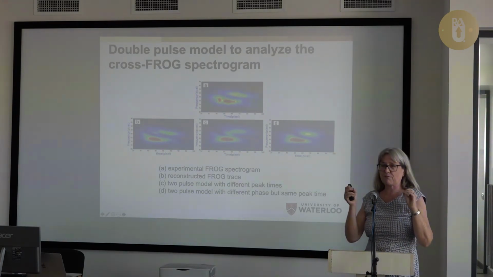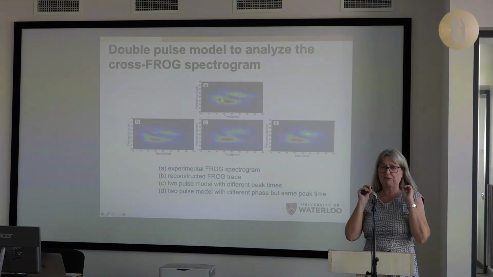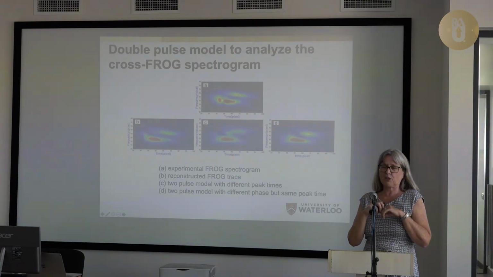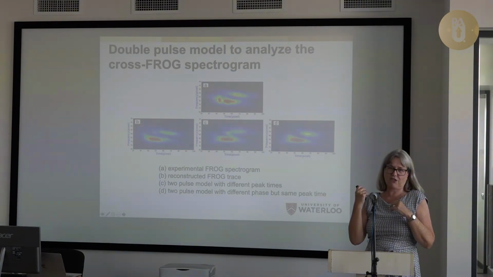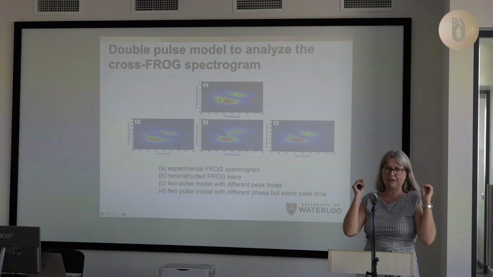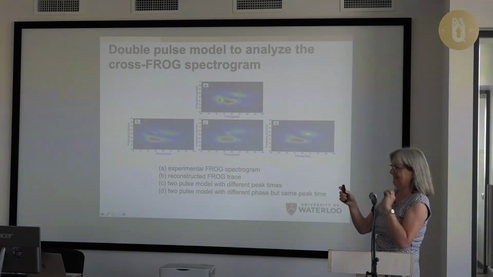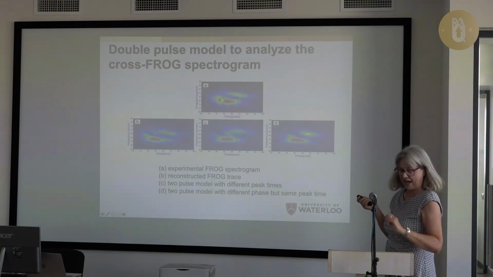So this is our problem with using second harmonic FROG, is that it does not, for very complicated things, give you unique solutions. And so we have to find a new way to measure this that would hopefully give us a unique solution. So keep that in your mind while you're thinking about this. Okay, so finally, last slide.